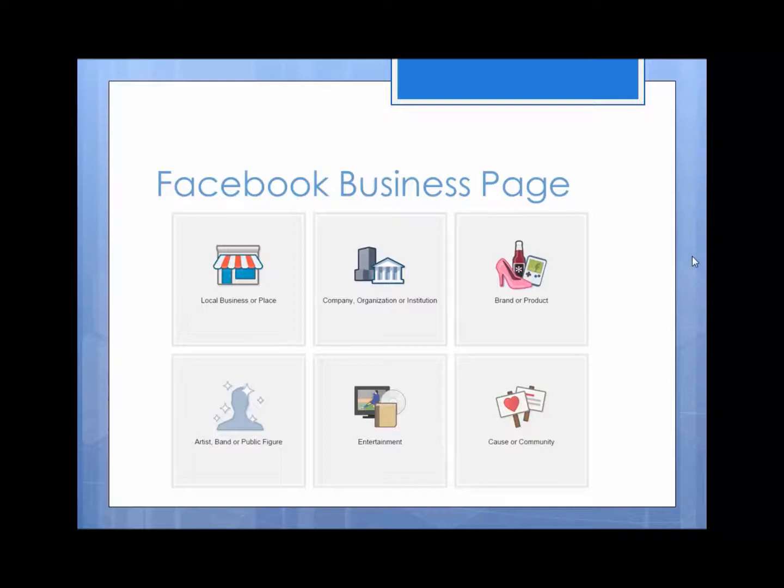When you click create a page, you're going to make sure that you choose create a brand or product. Then typically you would include your first name, last name, and I would also say try to add the skill you want to be known for, or the occupation or the industry, so that when people look at the web address of your Facebook page, they instantly realize what your brand is going to focus on professionally.